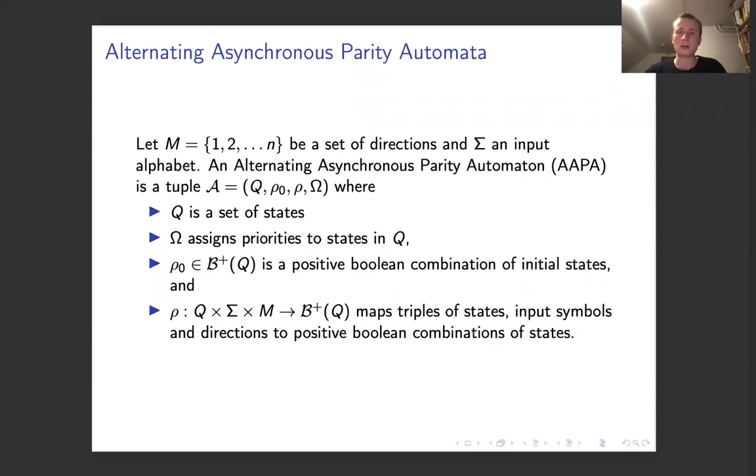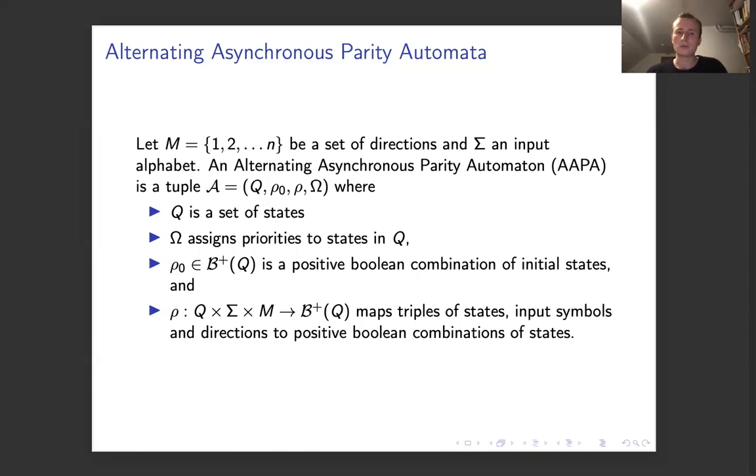So far, we have looked at h-mu as a new logic or new fixed point calculus for asynchronous hyperproperties. Now, we want to introduce our new model of AAPA, alternating asynchronous parity automata, which are a variant of alternating parity automata operating over words, but this time operating over multiple input words. So what do AAPA consist of? Basically, we have a set of states Q. As usual, we have omega as an assignment of priorities to states in Q, or parities, whatever you want to call them. Then we have a Boolean formula which describes the possible initial states, and we have formulae which describe the transitions.